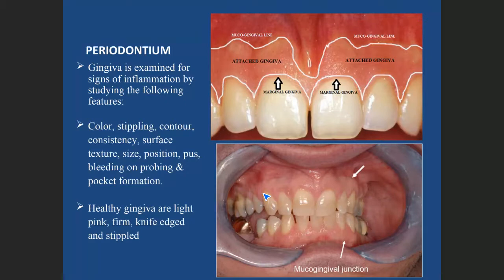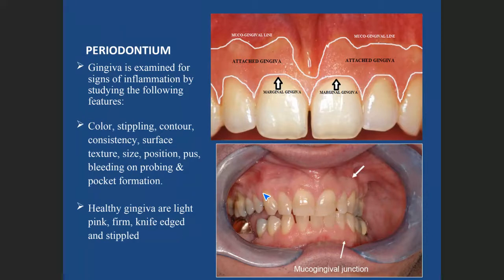Now you have a separate lecture for gingiva, caries, and pulp and periapical disease. So I will not go into detail. I'll just say you have to know that you have to do examination of these. I am putting it here, but you have a separate lecture. There they will tell you each and everything about the periodontium, about the caries examination, as well as the